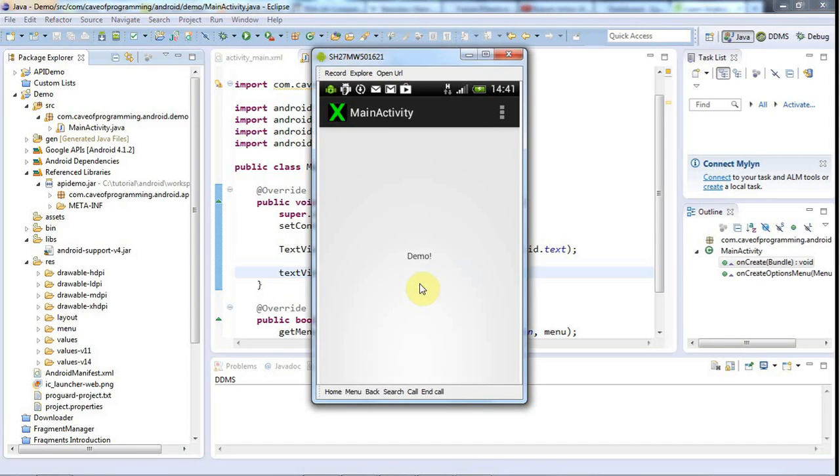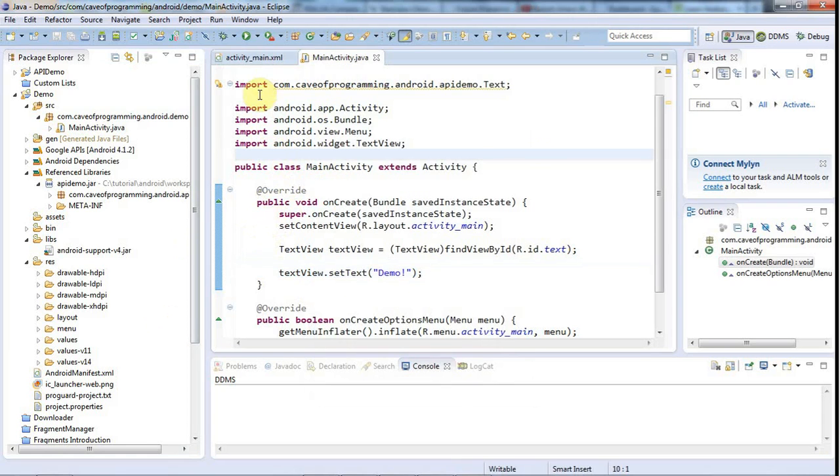Hello, this is John from caveofprogramming.com, and in this tutorial I just want to talk really quickly a little bit about using third-party APIs. And I'm not really too well acquainted with many third-party Android APIs, to be honest, but